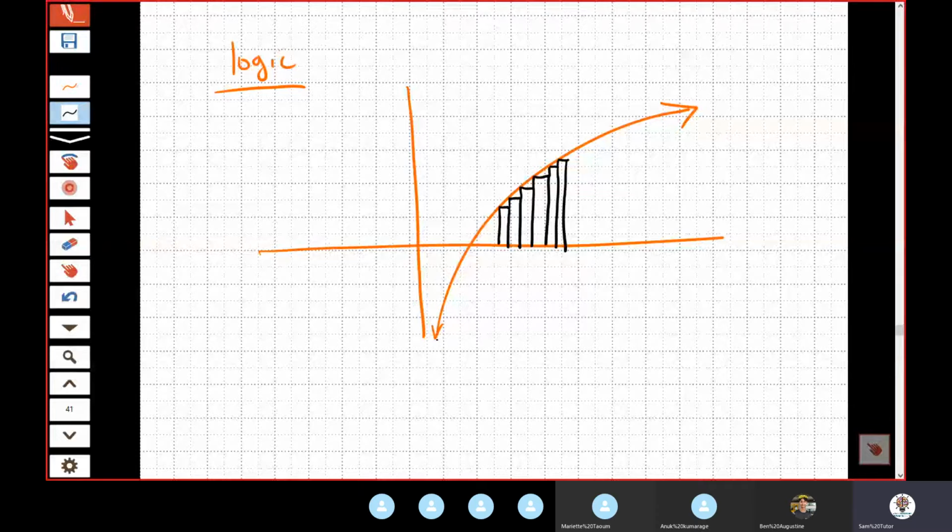Logic to it. Because like I said, this is for integral inequalities. All right, integral inequalities. So we've got our y equals ln x, and what they've discovered is